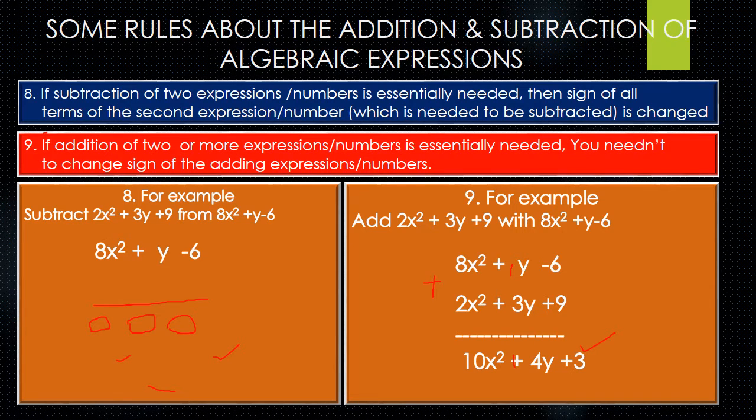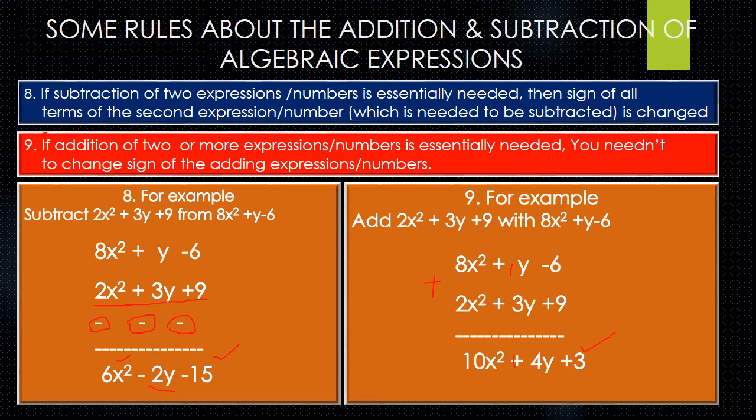Here this is minus 3y and this is y. So we will subtract y from minus 3y, and the sign of minus 3y will be put here. So we have got minus 2y. Here you look, this is minus 9 and this is minus 6. So minus and minus are added. Both are minus, so we will add them, but the minus sign will be put with it. Now you look at here, I have got 6x square minus 2y minus 15. And this is the answer.